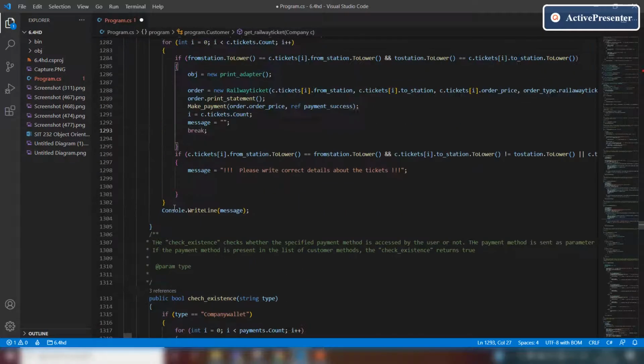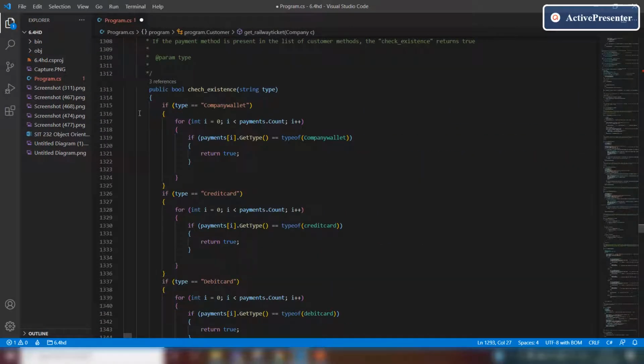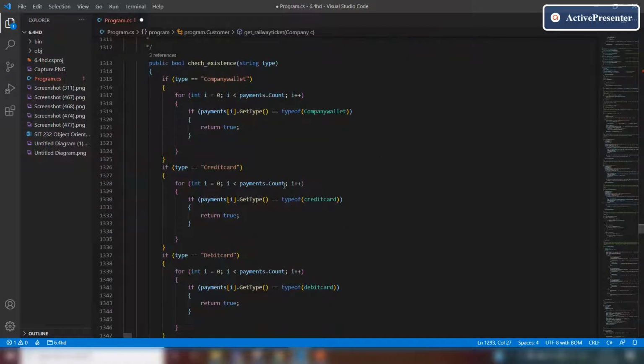Now this is the check existence method which checks the existence of different payment methods, whether they are present or not in the list of payment methods. It returns true if the payment method is available in the list of payment methods.